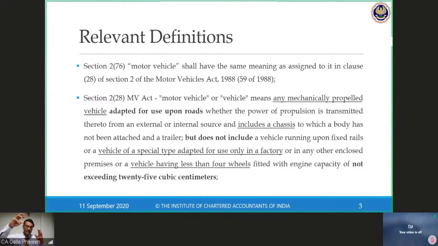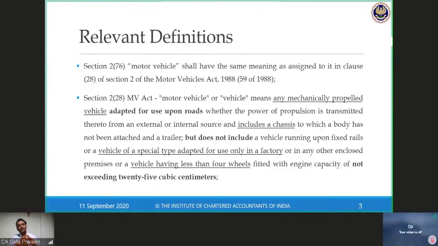If I refer to land, immovable property, instead of defining what an immovable property is, something already defined in the Transfer of Property Act, it is apt to refer to that. Another example, security. Instead of defining what a security is, it is good to refer to the Securities Contracts Act, so that the wider definition which is getting amended every now and then gets referred to my original law. Now, when I look into section 2(28) of the Motor Vehicles Act, it says motor vehicle or vehicle